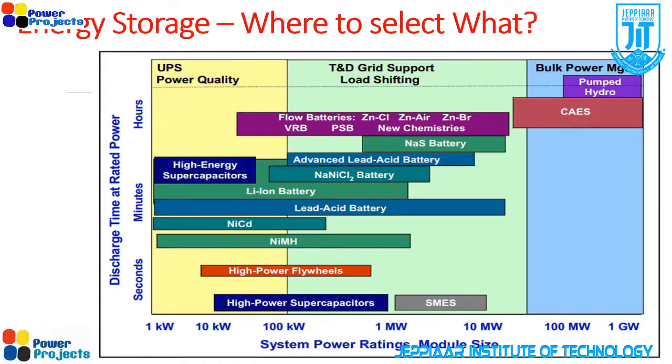But why do we need to talk about all this energy storage? That's the first question to be answered. Electricity has to be generated and consumed at the same moment. Energy can neither be created nor destroyed. So when we talk about electrical energy generation, we are converting from another form of energy to electrical energy, that might be from potential energy of water into electricity in hydro plants, or chemical energy of coal into electricity in thermal power plants, aerodynamic energy of wind into electrical energy in wind farms, and so on.